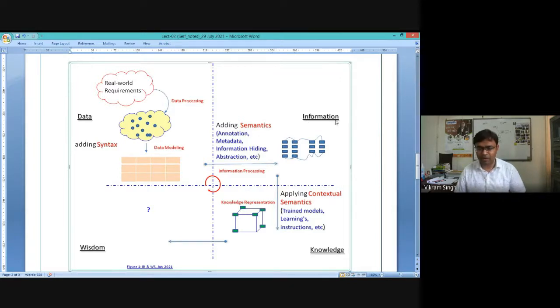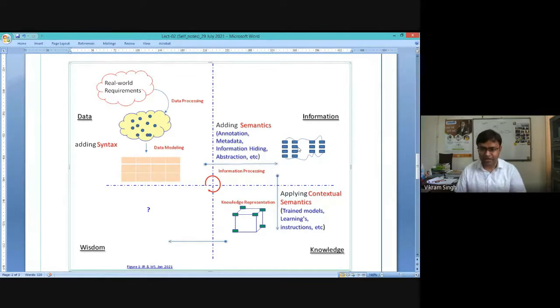So you can read your information quadrant. There you can read it is simply adding the semantics. Semantic means something additional, in the form of meaning, like adding annotation, adding some metadata, by processing abstraction. Whenever we apply some processing onto this data collected in a structured way,